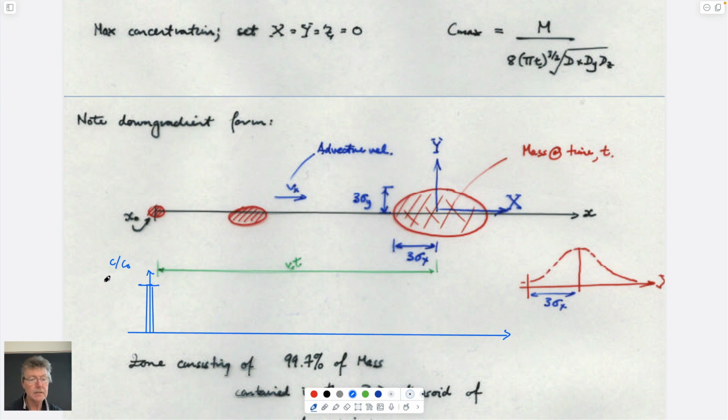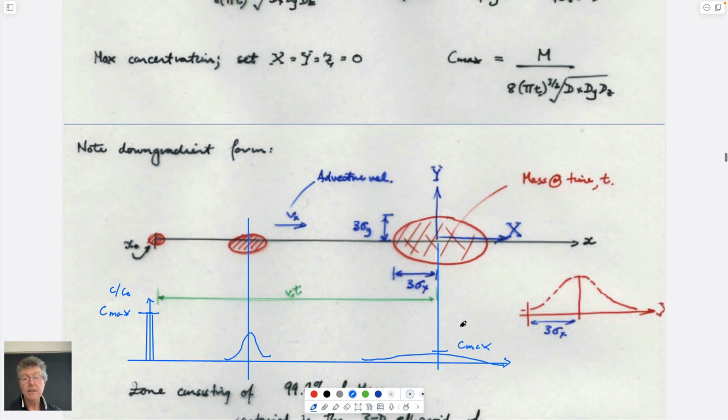This here is C max. As you go down to here, it would look like this. And as you go down to here, each of these would be C max. Right? And I suppose if you think about this, the area that's under each of these curves is